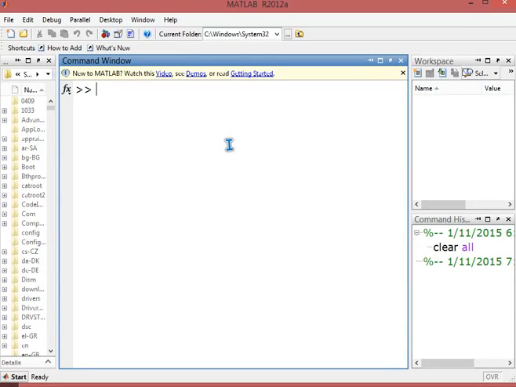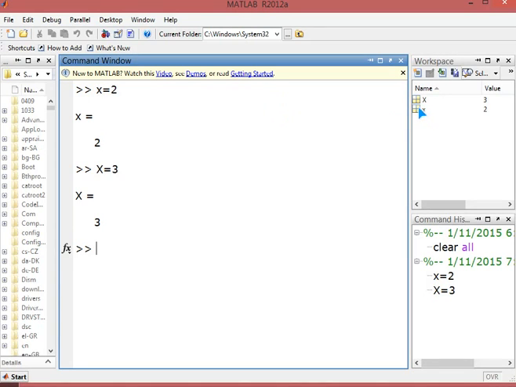Let's see variables in more detail, and we'll talk about comments also. If we have x, a variable, and we assign a value 2 to it, and we echo it on the command window, and we try assigning x again to 3, then again this x will be assigned value 3.